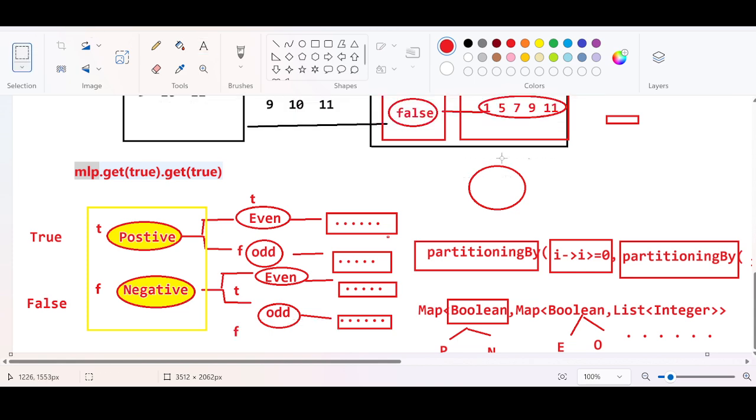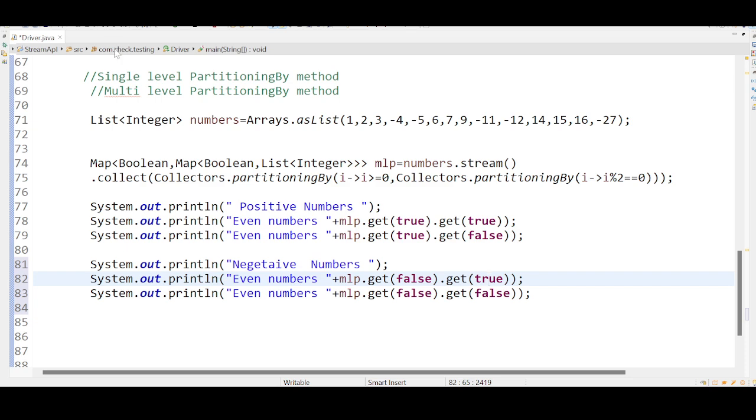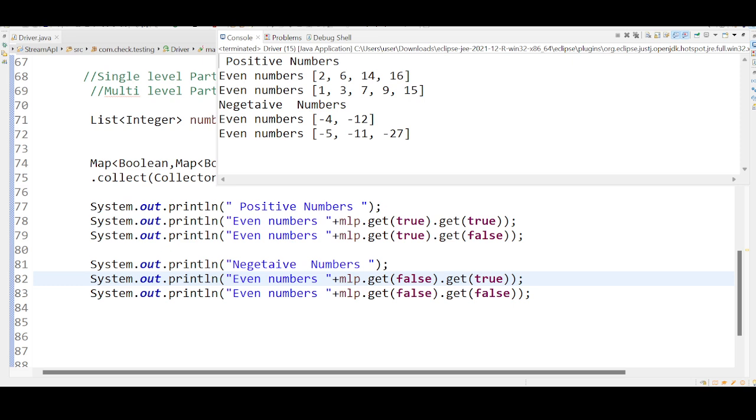So the moment you change the get methods and pass the boolean values, true, true, these values will be displayed. True, false, these values will be displayed. False, true, these values will be displayed. False, false, these values will be displayed. That's why the data gets segregated in an orderly fashion. This is called partitioning, multi-level partitioning. See, all the data is valid, right? For the negative numbers, you have -4, -2, even negative numbers, odd,